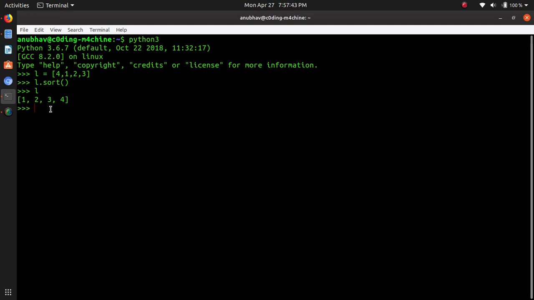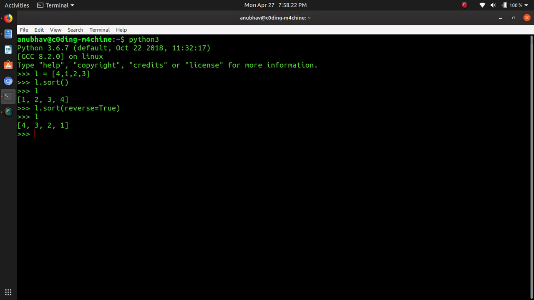So this function can be used to sort the list, and if you want to sort the list in reverse order, we can just set a property in the sort function as true, that is the reverse property, which will help you to make the list sorted in the decreasing order. If I print out the list and check, it's in the reverse order. I hope you got it. The sort technique it uses is the Tim sort. And next we will move on to a function known as count.